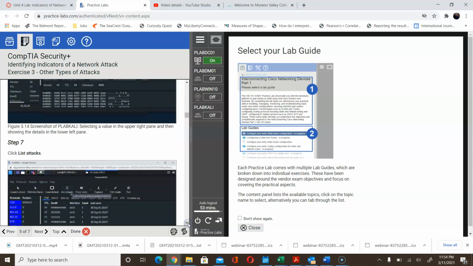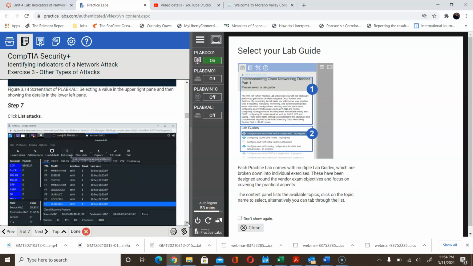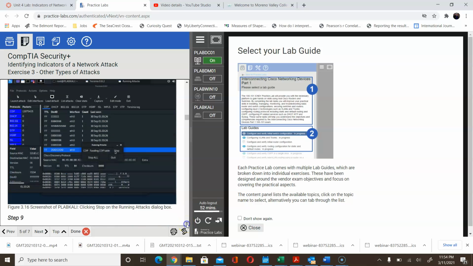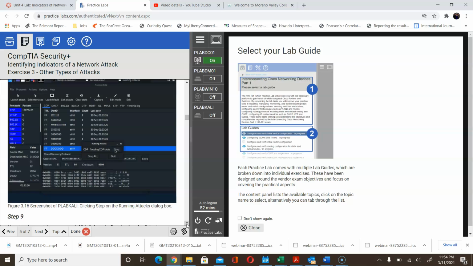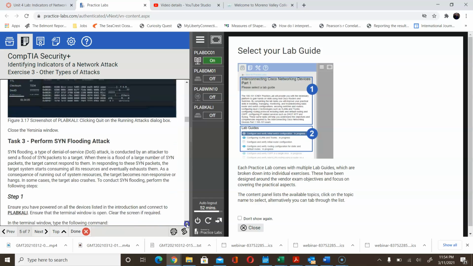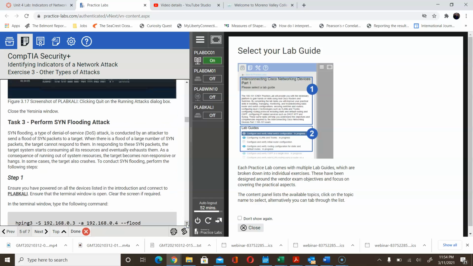Then for step 6 and 7, in step 7, it's going to list the attacks, and then we're going to run the attacks. Now on the interface, you should be able to see whether the attack has launched or not. And once it's launched, if you need to stop it, the step shows you that you can stop the attack. So as you complete that, you would go through and establish what we would see as a MAC flooding attack